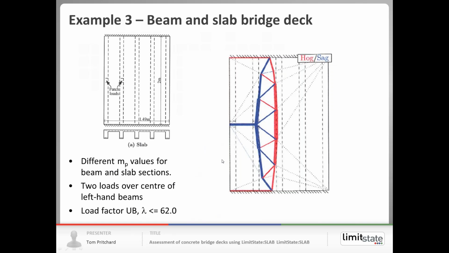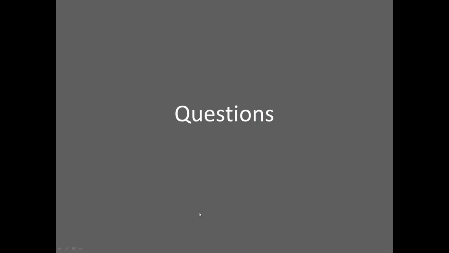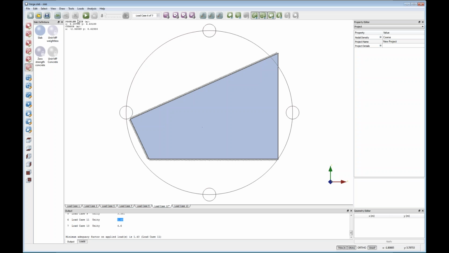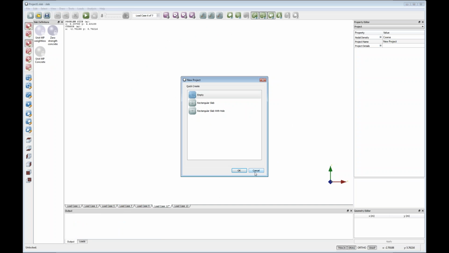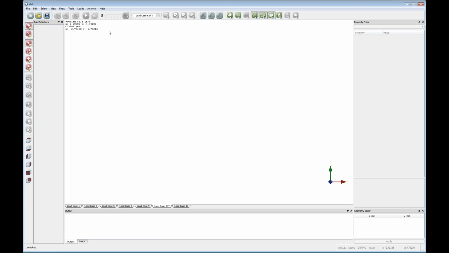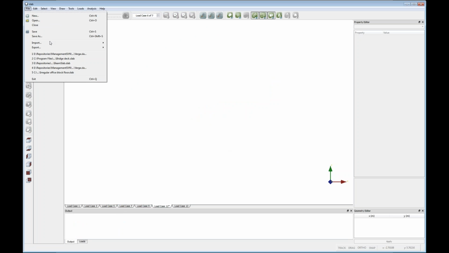We unfortunately don't know exactly the material properties that were used there. We've got a good guess, so we're going to try and see what our software will come up with for that. So if I open SLAB again, we'll go for a new file. In this case, what we can do, because the geometry is slightly more involved, is import the